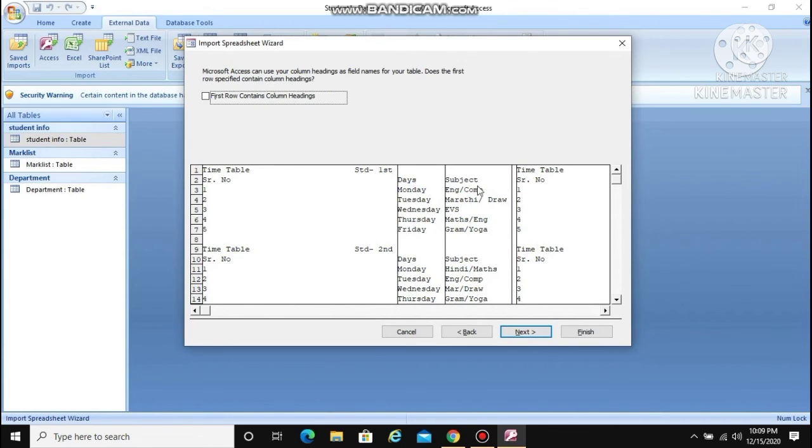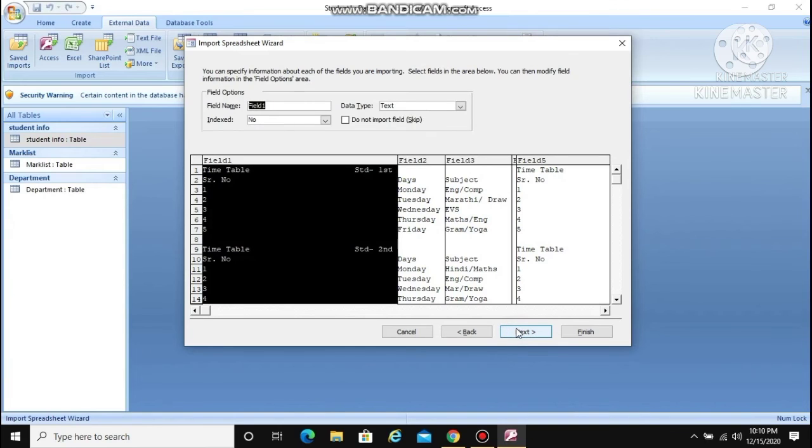I have created the timetable, so there is already a heading for this table. So I will select the option First row contains column headings and then click on Next. If you want to change the field name, you can make changes here, and if you don't want to, just click on Next.